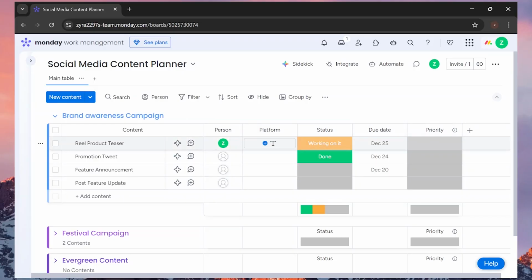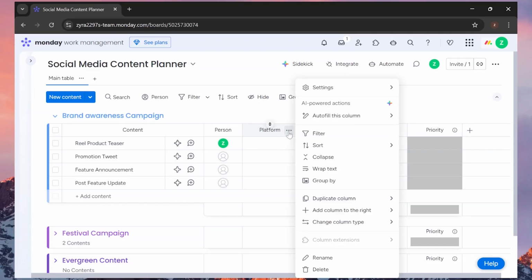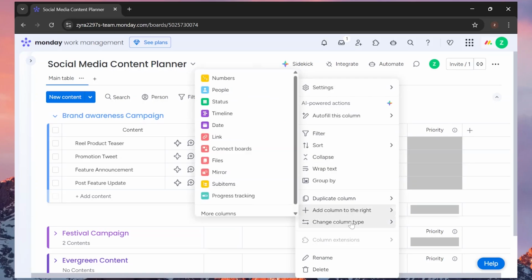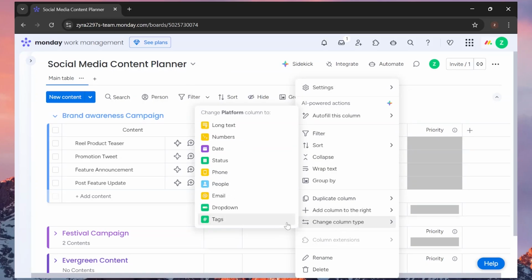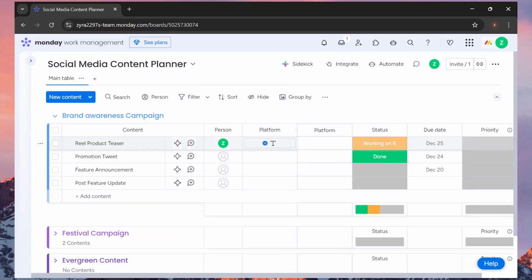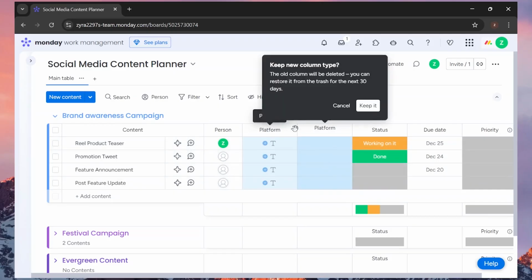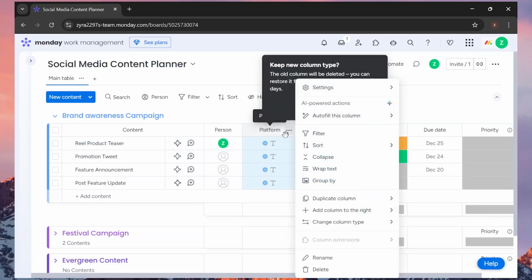So platform is a text column, so you can simply add in the text, but our team only produces content for specific platforms, so I want to change this platform column from text to a drop down. So let me select this settings, and here I'm going to select this change column type and choose drop down option. Now it has created a new column, so I'm going to delete this old one, and this is my